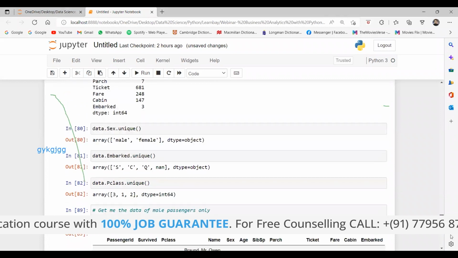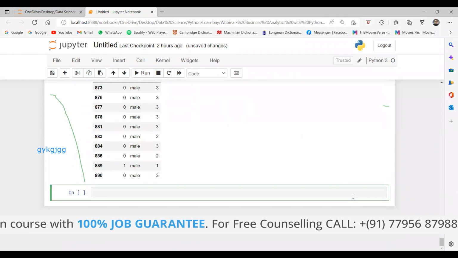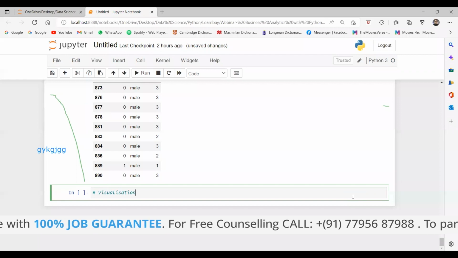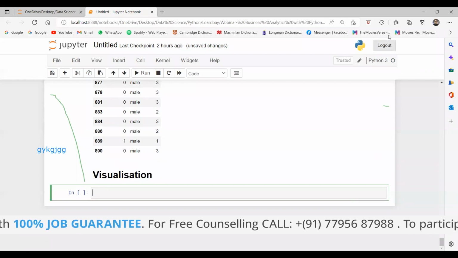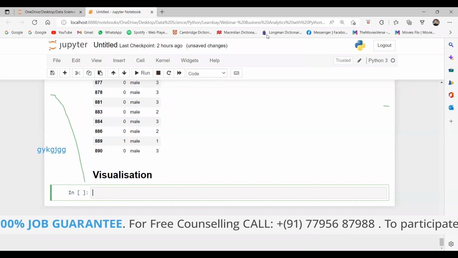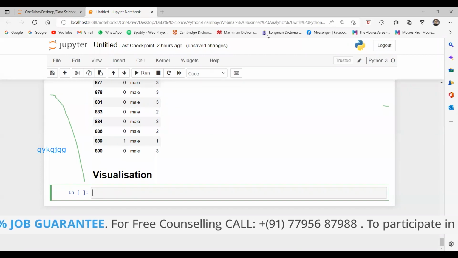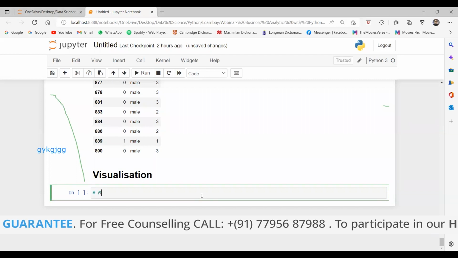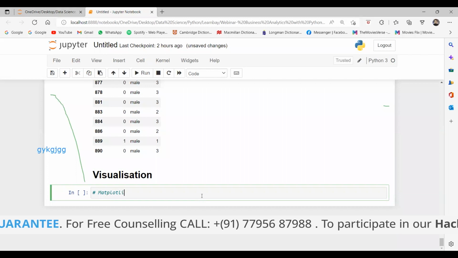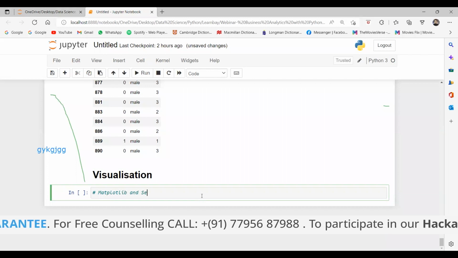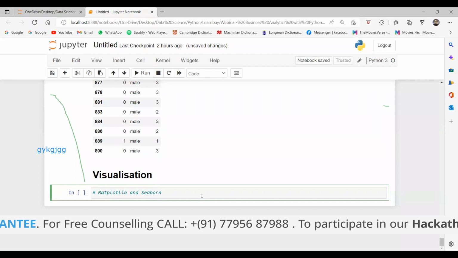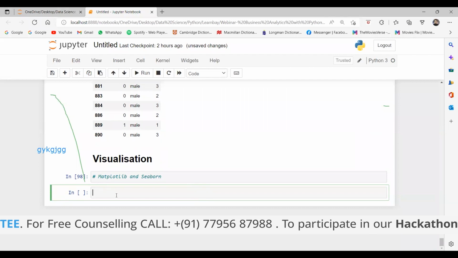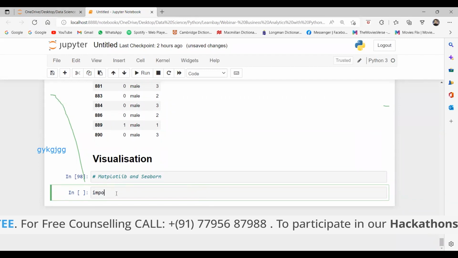Yeah. So now let's come to visualization. What is visualization? For example, you don't want these values, but you want to visualize with the help of some graphs or whatever. So for visualization, we have 2 libraries. One is Matplotlib, and the second one is the Seaborn library. Okay. So as always, if you want to use these libraries, first of all, we have to import them. Yes or no, guys?